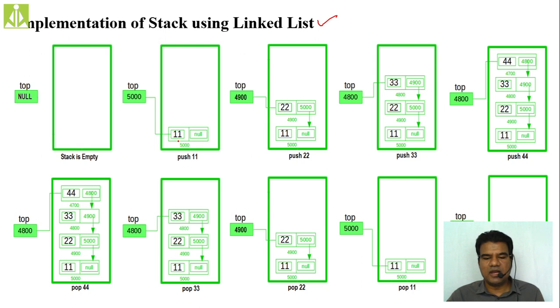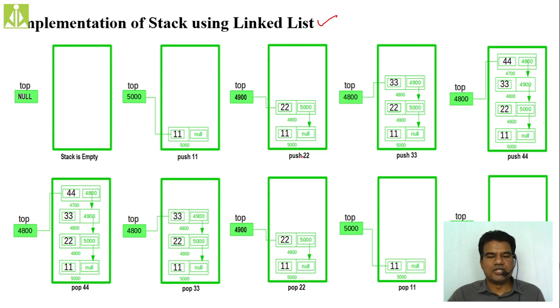With element value 11, that is, we are performing the push operation with 11. So what it will do, it will take 11 as the key value and take some random memory address. We are considering that address as 5000, and the next pointer will become top, that is nothing but null only. And top becomes the newly created node. Top equals the newly created node. So whatever address the newly created node has, that address we are keeping inside top. Like this you will have this, after pushing 11.